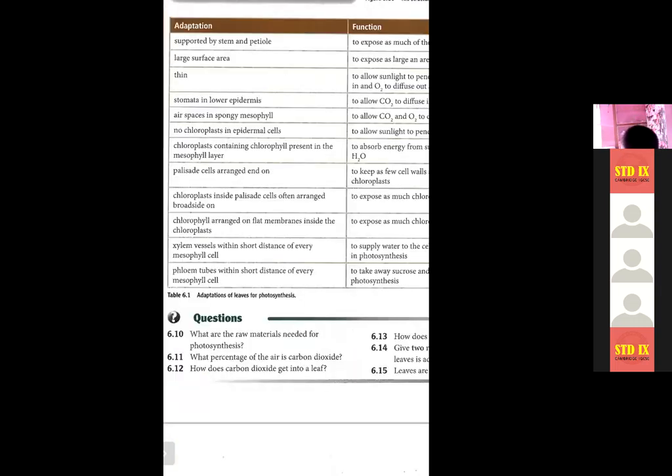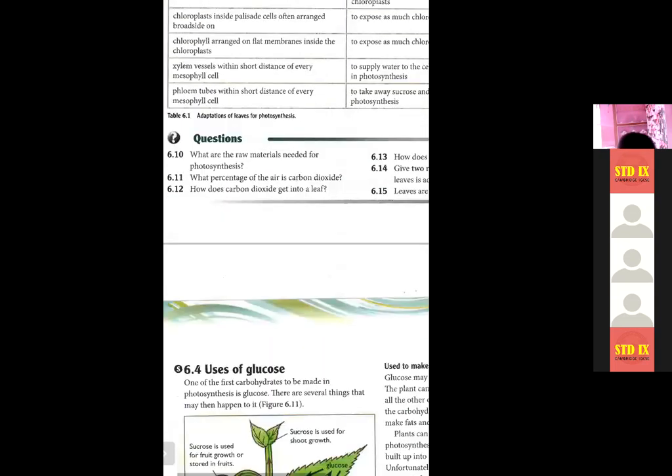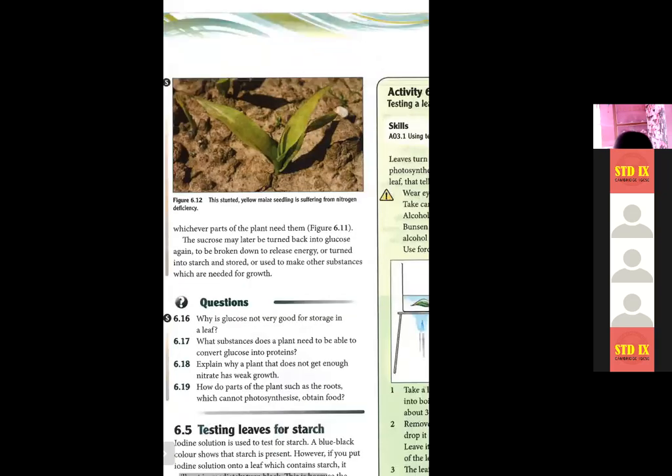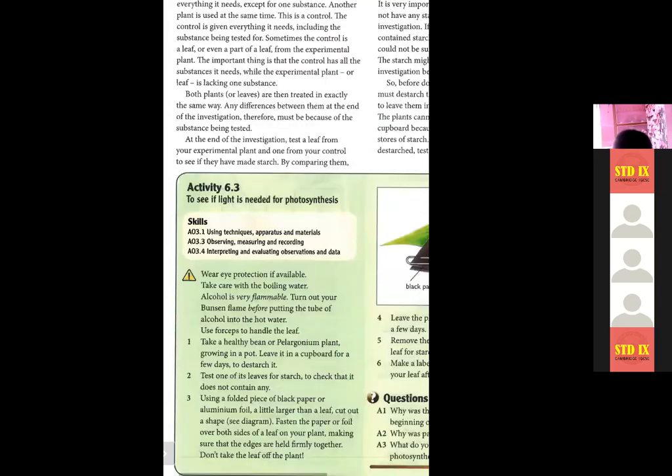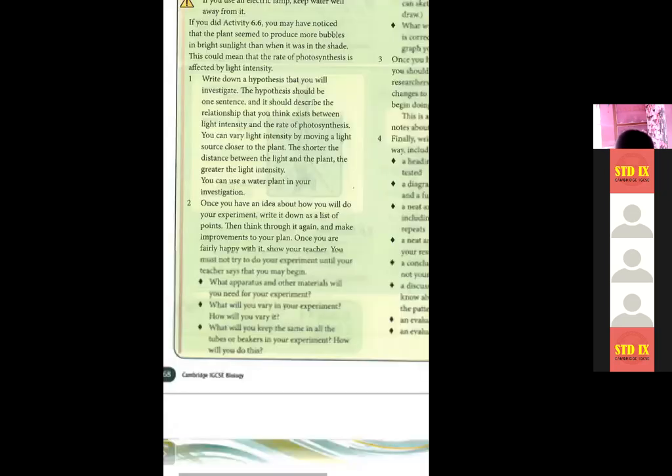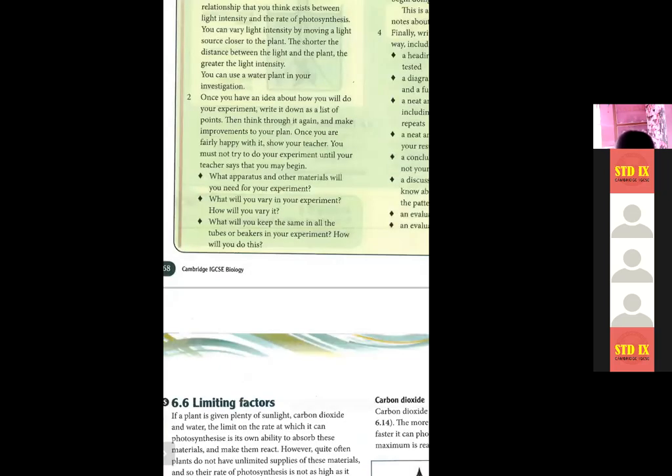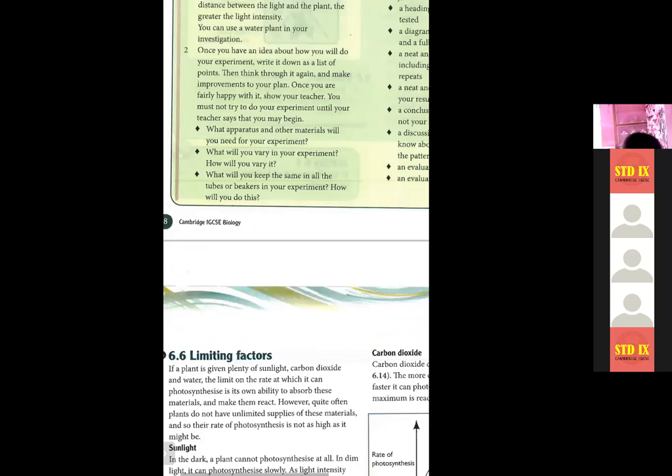Just read once what you have written. The veins in a leaf branch repeatedly so that all the cells of the leaf can get water and mineral ions, and the food produced in each cell can be transported properly. So they can get the water, perform photosynthesis, and after photosynthesis the food can also be transported to all the parts of the leaf.